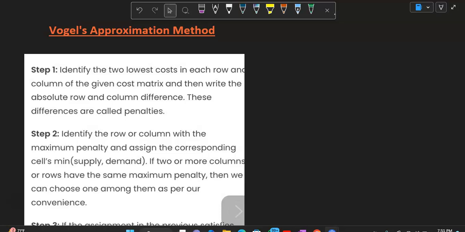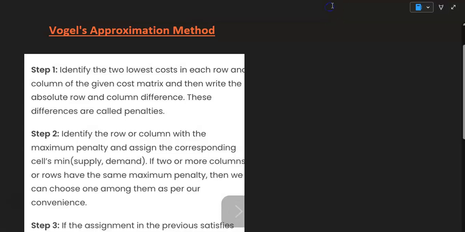that are concerned with transportation problems. Okay, and we know that transportation problems are a branch of the linear programming models that helps us minimize the shipping cost of particular goods from their origin or factories to the destinations. So we have different methods, and in the previous videos we looked at the least cost method and the northwest corner method. Today we are looking at the VAM, which is an abbreviation of